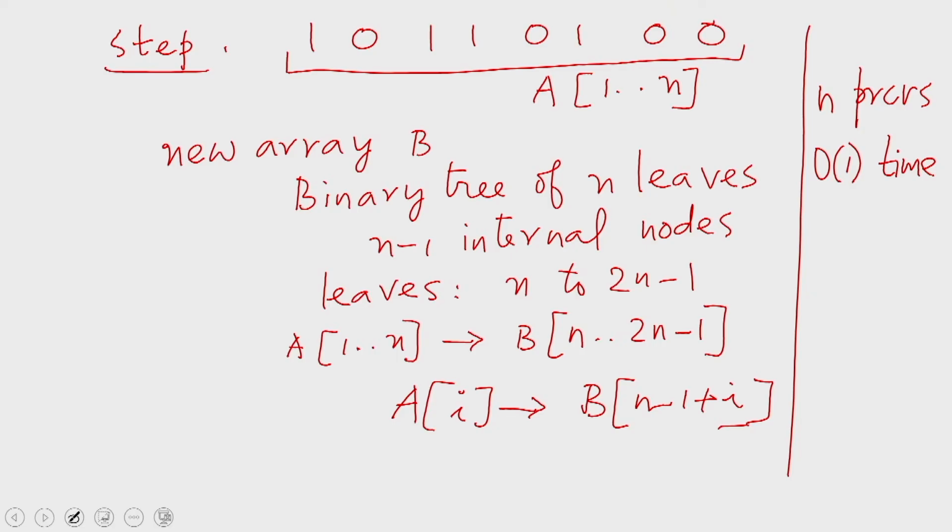This is the first step. Then the second step has several sub-steps. In the second step, we go up the tree. Now we have a binary tree in B, and we go up the tree, performing OR of 2 elements at a time, thereby reducing the size of the array by a factor of 2